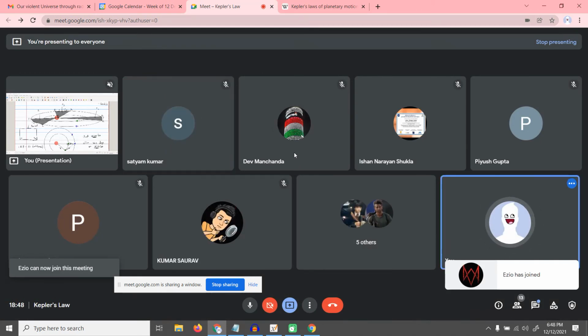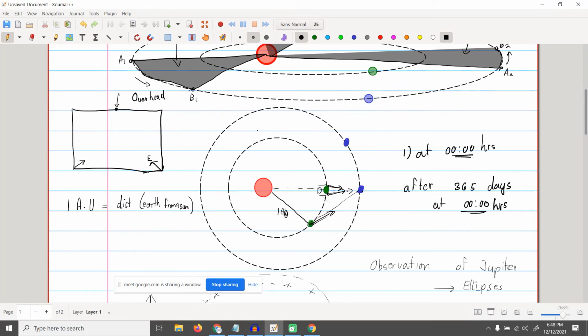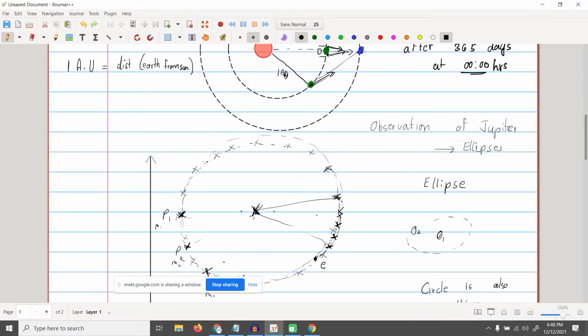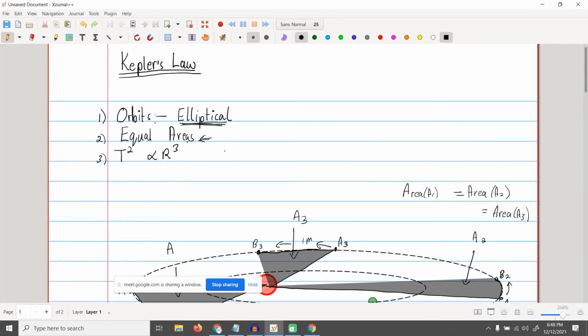Yes. Okay. This is very simple to understand visually, but it's very difficult to prove because measuring the area of ellipses is a daunting task. It was only after Newton introduced calculus that you can actually do these kinds of calculations, but Kepler did it without calculus. He did not use any kind of high-level maths to try this or prove this. Literally, he might have actually plotted the area using graph paper or something and then come up with the solution. The last one, T squared is equal to R cubed.